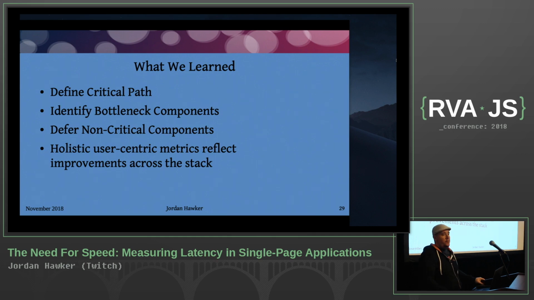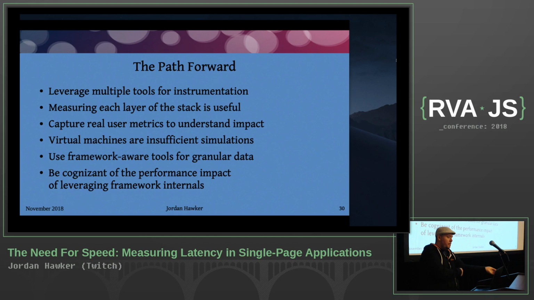Like if you have a slow page that only gets like 1% of your traffic, is that really something that's worth spending time on, right? Who actually cares if this one page is slow if no one ever actually visits it? You're better off improving a maybe slightly faster page to make it even faster if it has like 60% of your traffic. So how can you guys actually go and take this knowledge and move forward and take it back